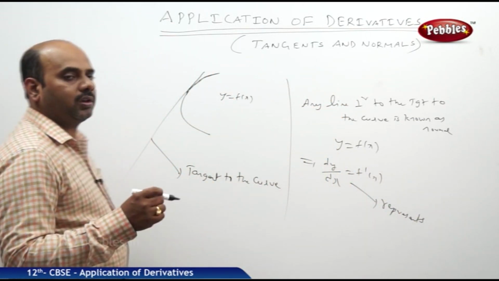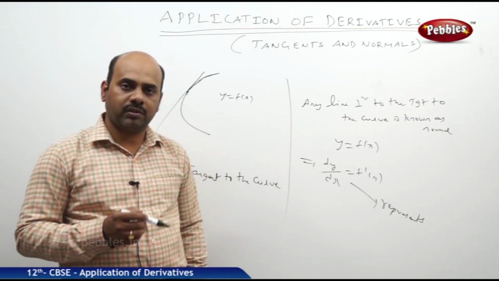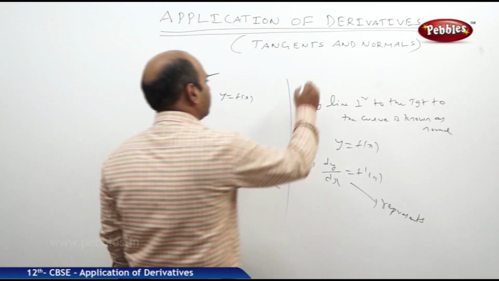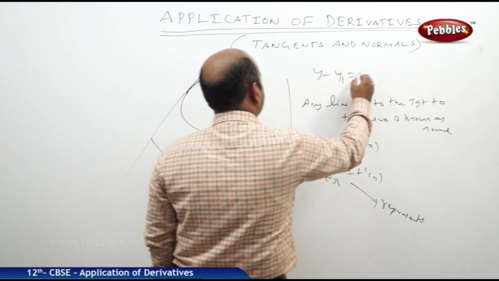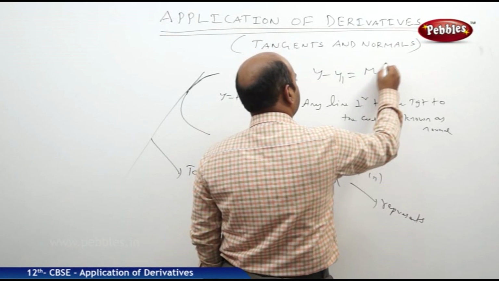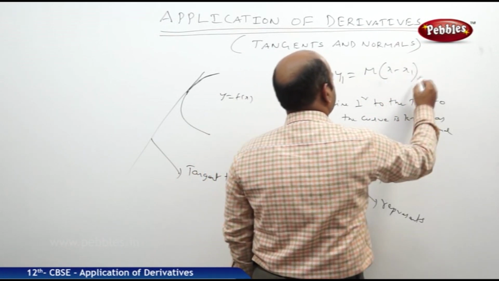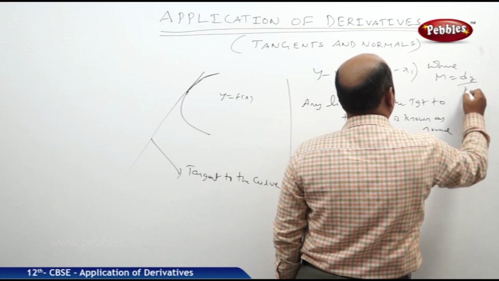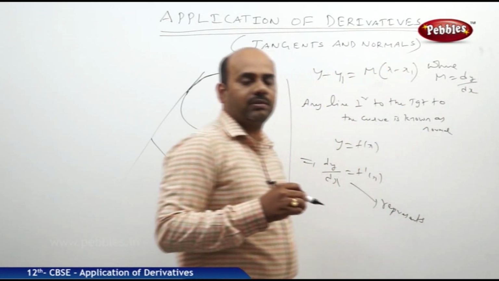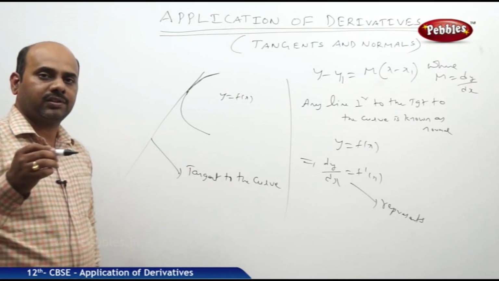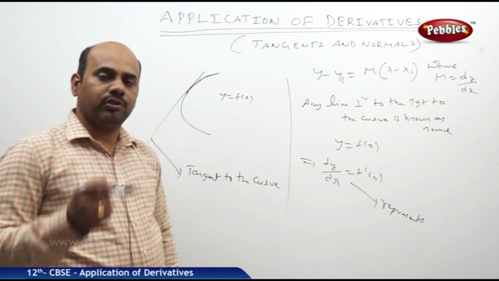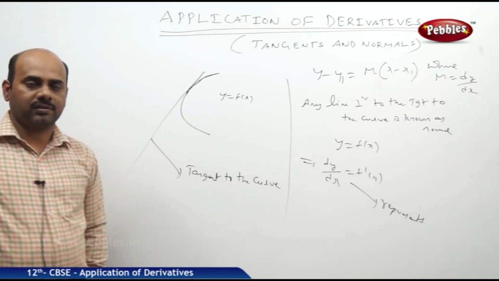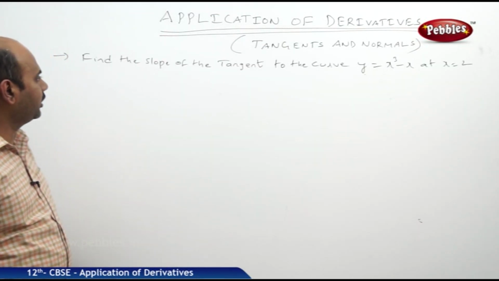And if a point is given to us and we require the equation of the tangent to the curve, then we should use the formula y minus y1 is equal to m into x minus x1, where m is nothing but dy by dx. All these things we have learned in our 11th class. So once again we shall start doing numericals based on this chapter, tangent and normals. A small question we will be taking.